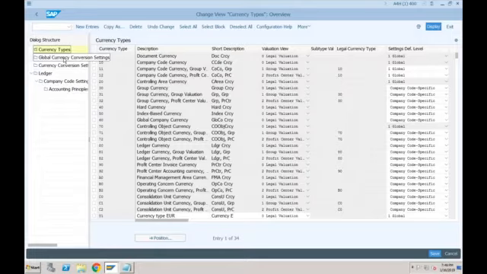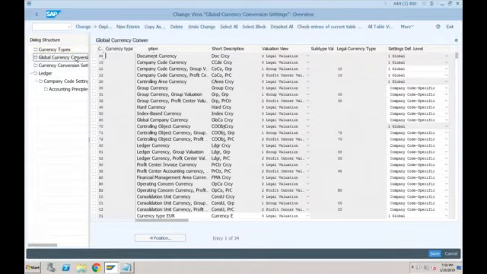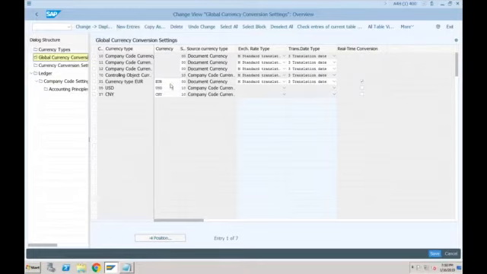If you go to the second one, which is global currency conversion settings, it means that out of these, some currencies are global and some are company code specific. For global currencies this is the config, and for company code specific this is the config. So you can go to global currency conversions, and here you can specifically define the global currency. For example, Y1 would always be Euro for all the company codes. If you are using that currency type, it will always be USD, irrespective of which company code you are using, because globally this is defined.